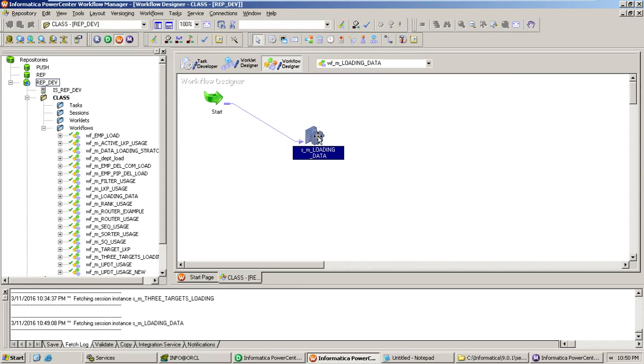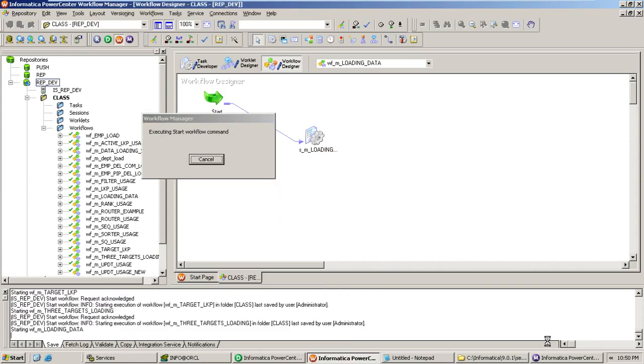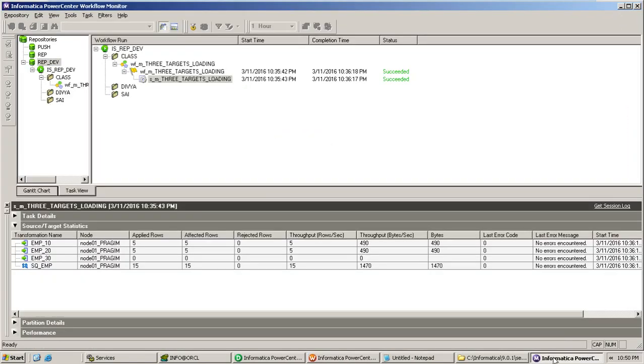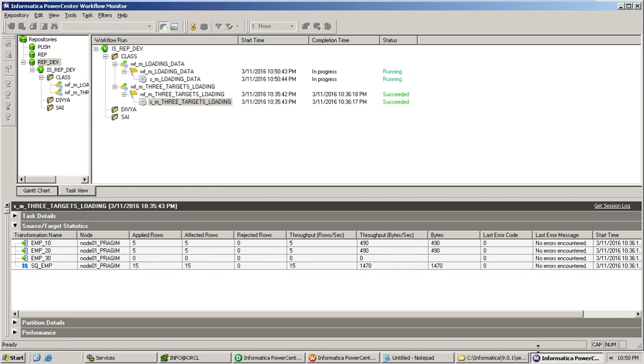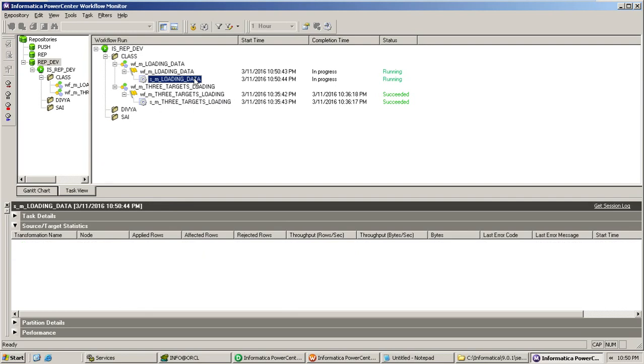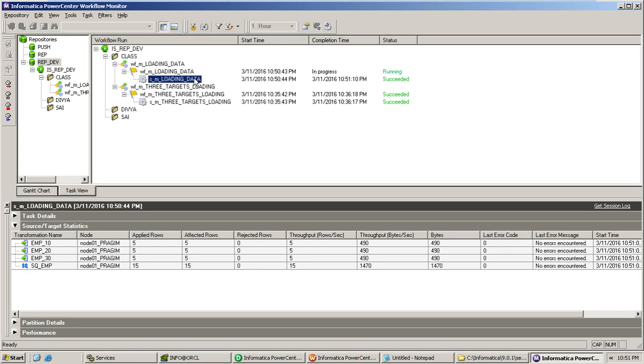Okay, save, start workflow. See, 555. Okay, records are loaded in each and every target.